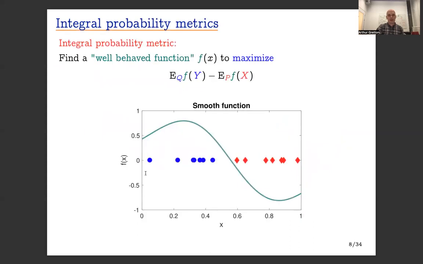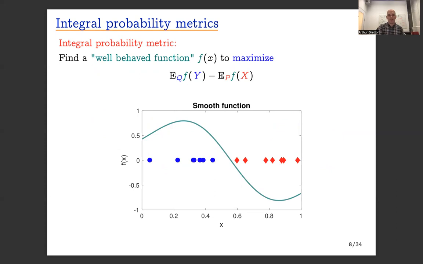So let's begin by introducing the notion of an integral probability metric. This is a measure of discrepancy between distributions P and Q, which is obtained by finding a well-behaved function which maximizes the difference in expectation under Q and P. So here we see a well-behaved function which has large positive amplitude around the blue points, large negative amplitude around